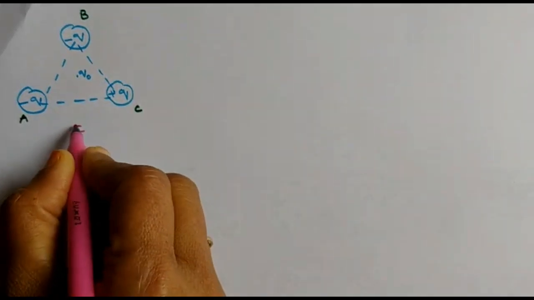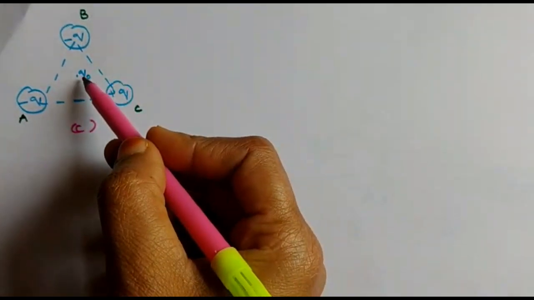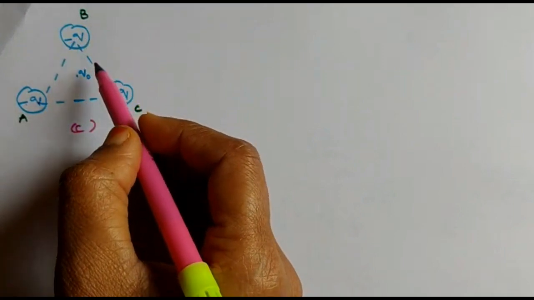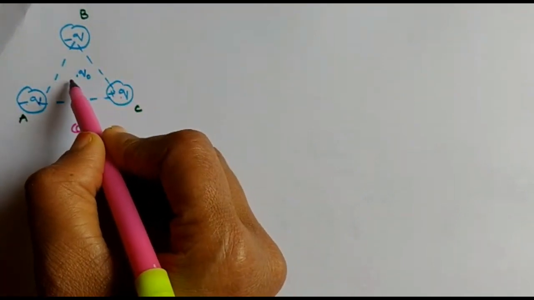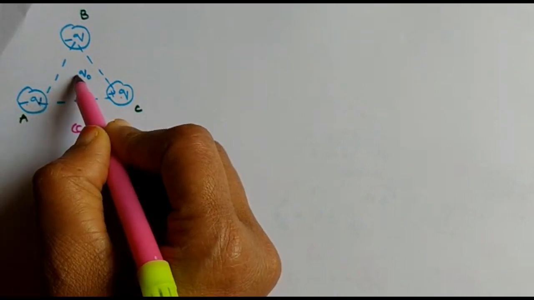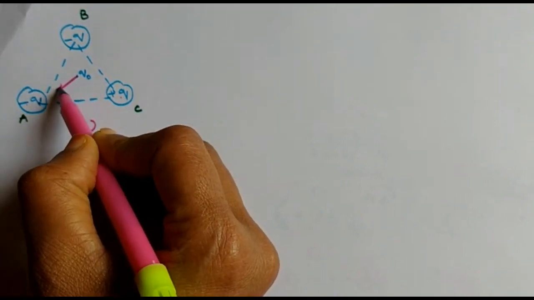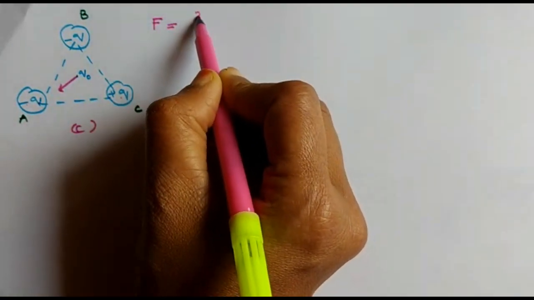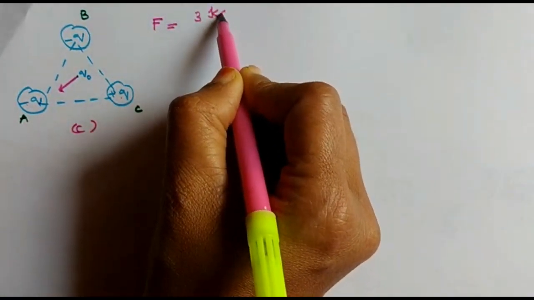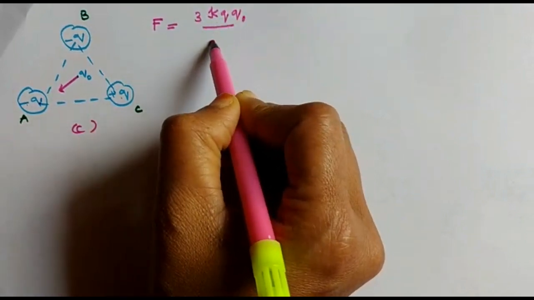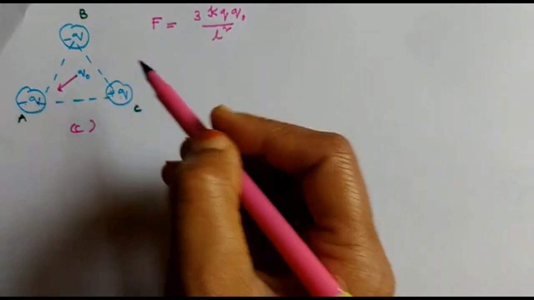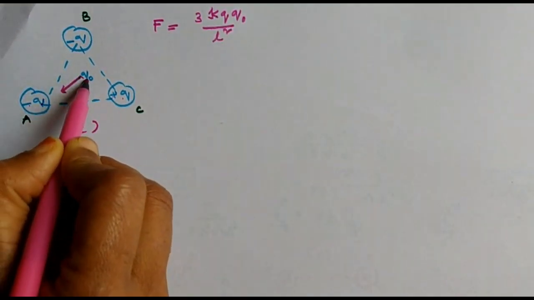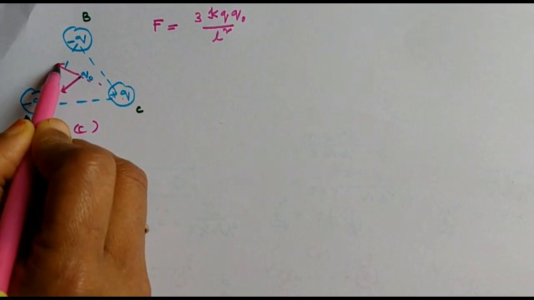Okay, now the C bit, we need to find the net force acting on Q0 at the centroid. Okay, the charges were minus Q, plus Q and minus Q. Now first identify the direction of the forces. Is Q0 attracted by negative charge? Yes. Let the force be F. Okay, we have already written in the previous question where F was 3 K Q Q0 by L square, because the distance was L by root 3. And between Q0 and Q there is a force of repulsion. So there is another force of repulsion directed this side, magnitude is same.